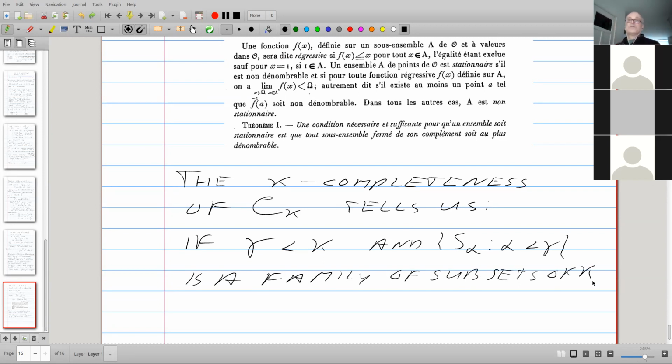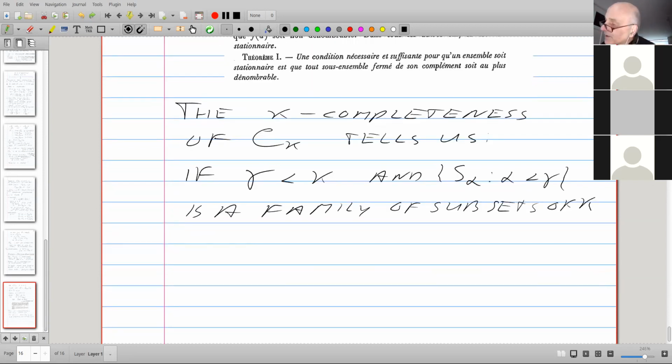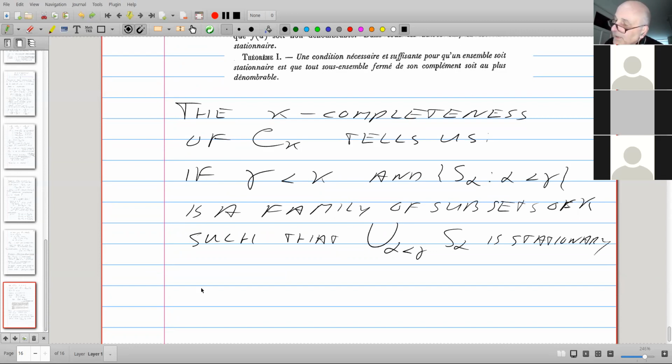If you have a family of subsets of kappa, and the family is small, such that the union is stationary, and then some S alpha is stationary.